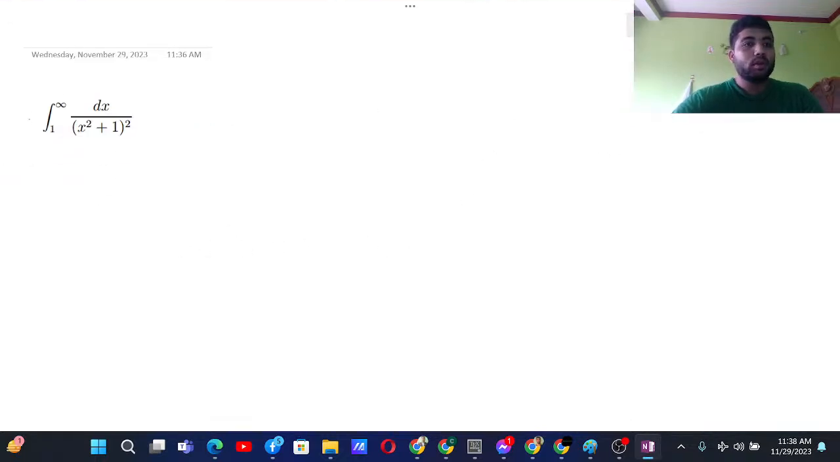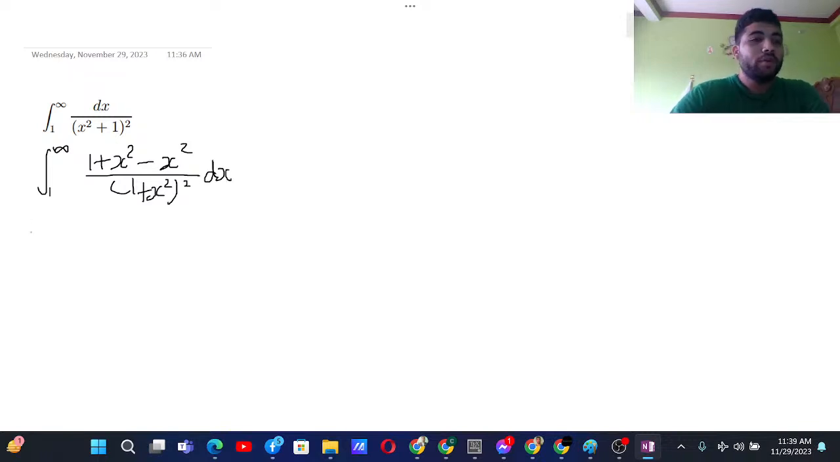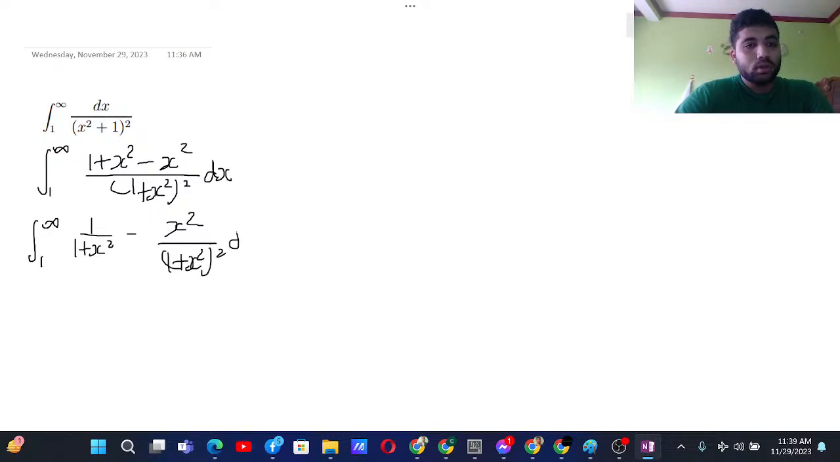Okay. So the next way that we work this, we can basically put over here (1 + x²) − x² over (1 + x²)² dx. This one worked. Integral from 1 to infinity of 1/(1 + x²) minus x²/(1 + x²)² dx. Now you know that this is just tan inverse x, so tan inverse x